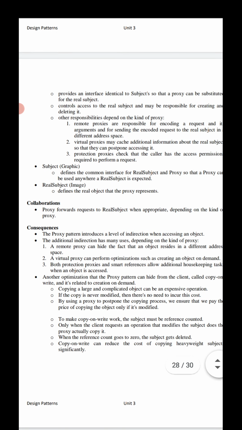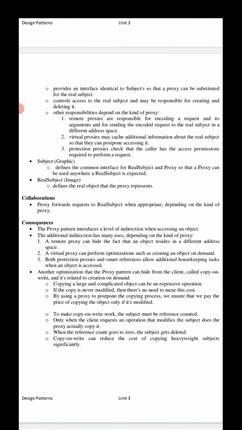And coming to the collaboration section, how those classes and objects collaborate to carry out their particular responsibilities here. The proxy forwards requests to the real subject when it is suitable, depending on the kind of proxy. Coming to the consequences, it describes the results of applying this particular pattern. So the consequences tell us the proxy pattern introduces a level of indirection,